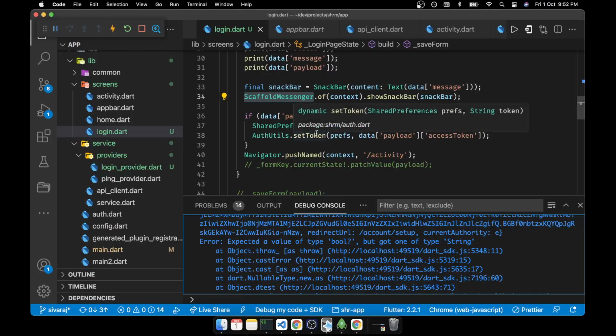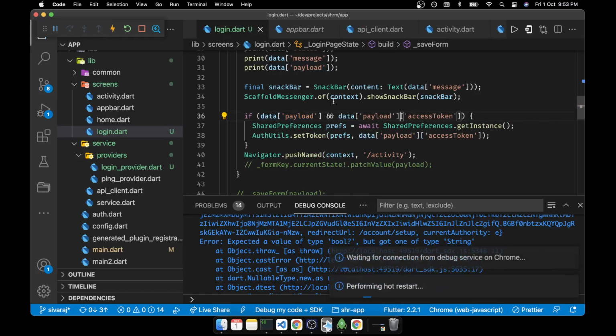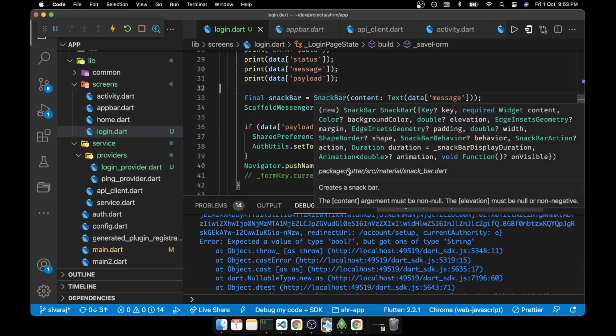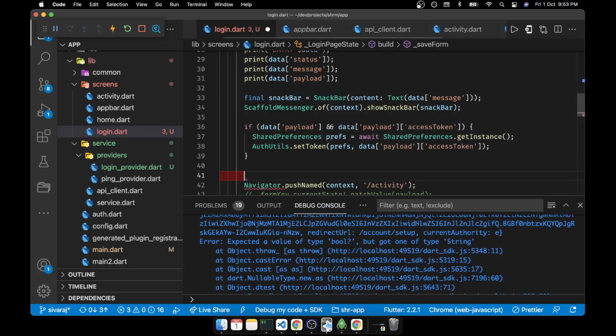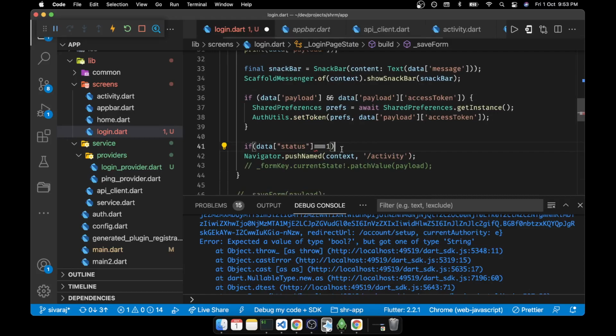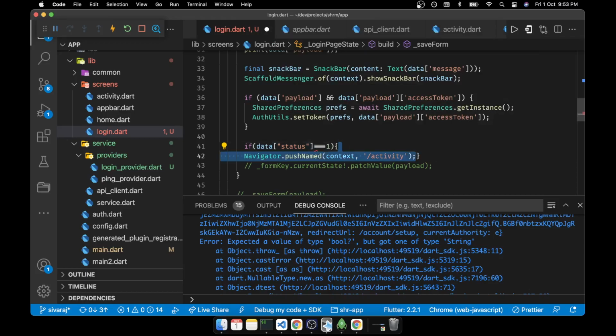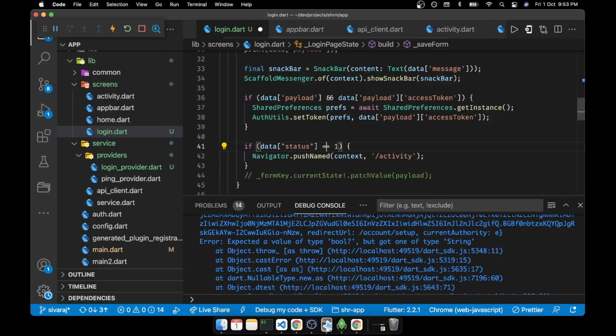I think where it was trying to ask for the payload. So this has to be pushed only when status is 1, we have to push it, right?